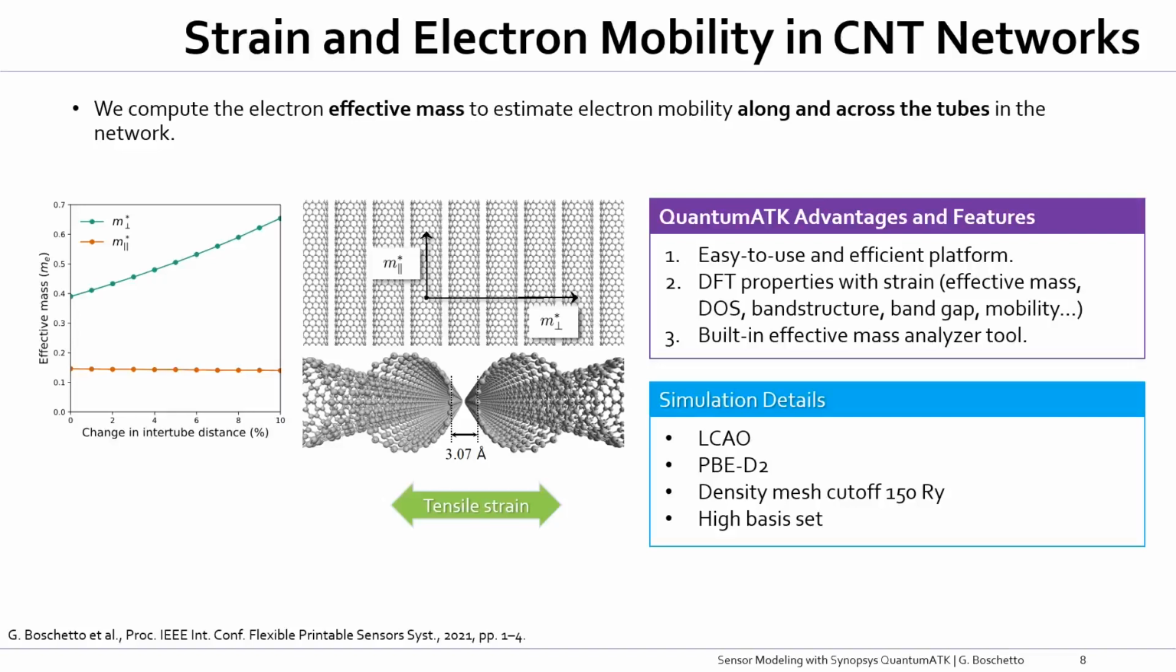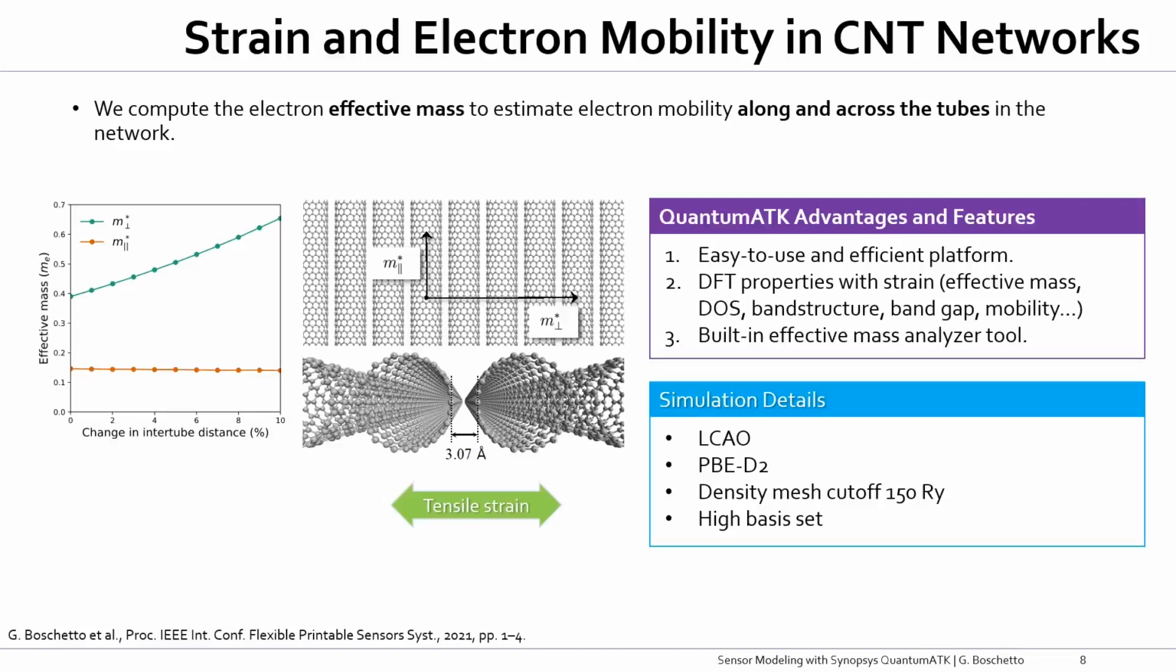Now, as you can see, the parallel effective mass, which is along the carbon nanotube, stays constant when we apply tensile strain. Now, this makes sense because we are not stretching the carbon-carbon bonds here, but we are simply varying the intertube distance. On the contrary, the effective mass across the network increases when we increase the intertube distance. And this is consistent with the percolation theory, because what happens here is that we are breaking the close contacts and we are